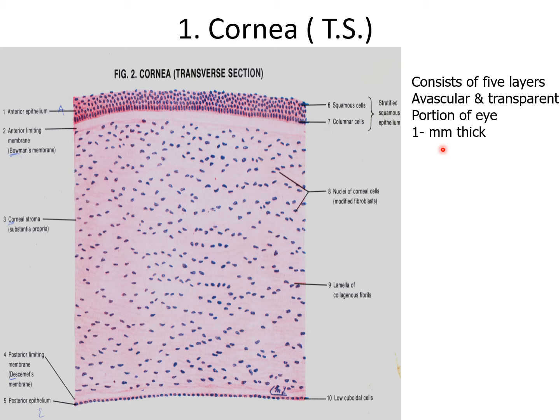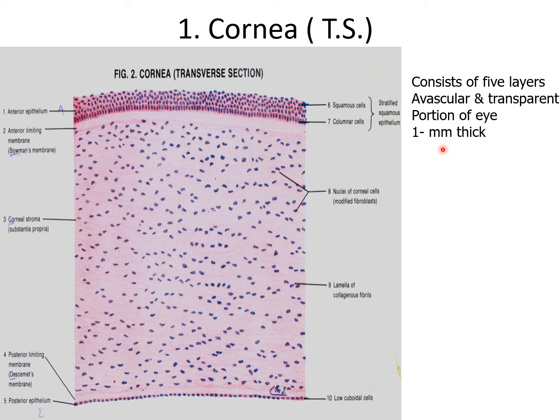So the microscopic structure of the cornea is made up of five layers. The first is the anterior corneal epithelium. The outermost layer is non-keratinized stratified squamous epithelium, also called the corneal epithelium. The cells in the deepest layer of the epithelium are columnar. In the middle layer they are polyhedral, and in the superficial layer they are flattened, or squamous cells. They are arranged with great regularity.